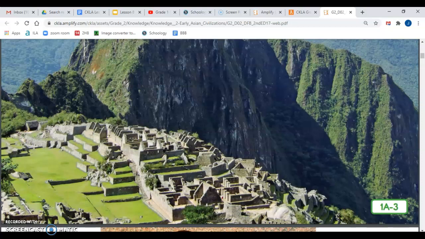I have pictures because when I was in college, I got to go to Mexico, Belize, and Guatemala and see some of these places. I have not been to Machu Picchu, but I've been to one of these civilizations called Chichen Itza, and it was so much fun. We got to walk around and explore. Oh, my gosh.